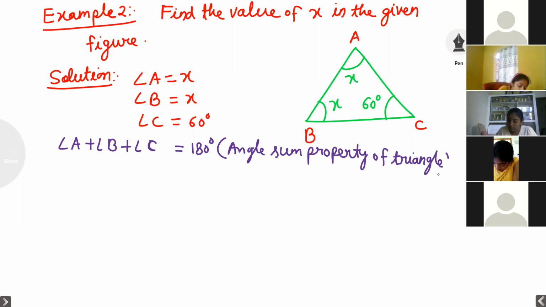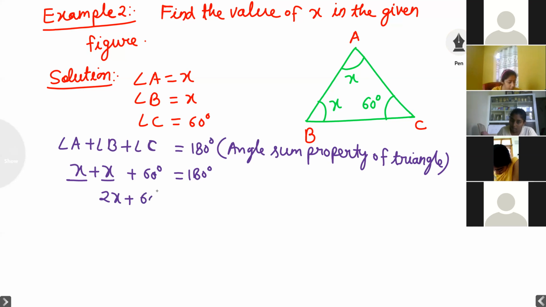Now angle A is x, angle B is also x, plus 60 degrees is equal to 180 degrees. 1x and 1x both are like terms. x plus x is 2x. 2x plus 60 degrees is equal to